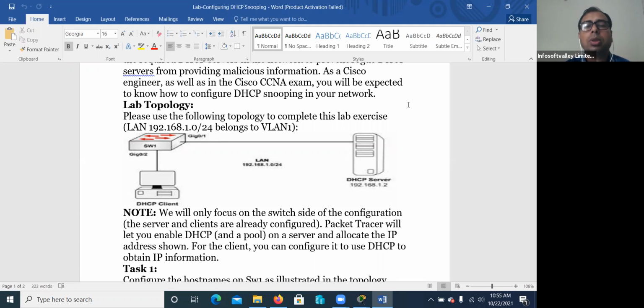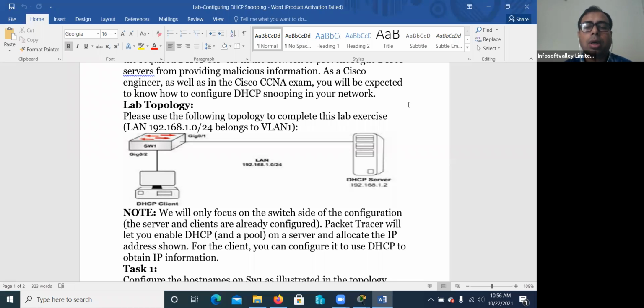It is a fake DHCP server installed by some hacker so that your end users will receive IP addresses from them, and they will also install some router or gateway through which the traffic will go and they will intercept. Okay, it is possible. So to protect this,